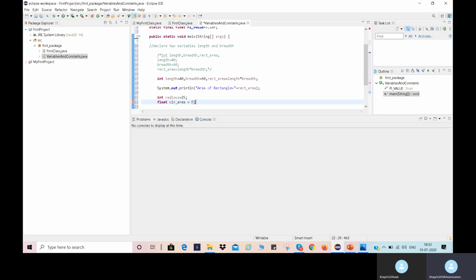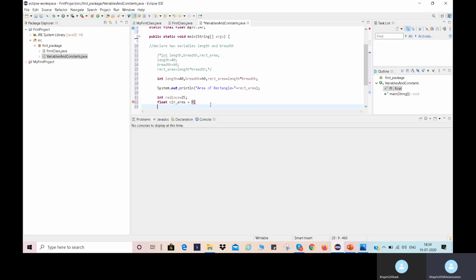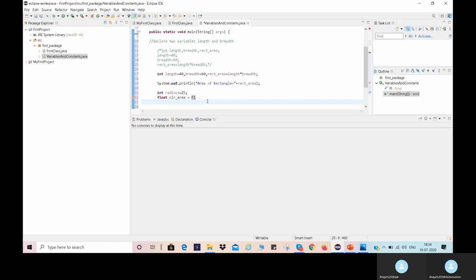We can take only pi also, no problem. Pi is equal to pi r square, right? Pi, radius, r square means 2 times. Pi r square, so this will give the area of a circle.